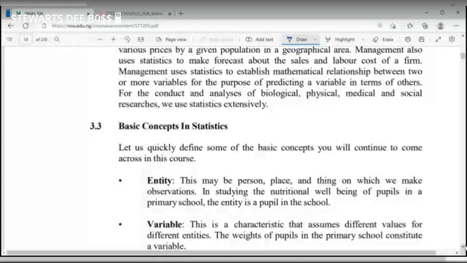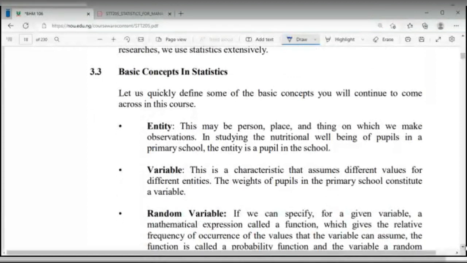Then we have basic concepts in statistics. So the first one is entity. This may be a person, this may be a place, this may be a thing on which we make observation. So anything you're making observation on, that's your entity. So if